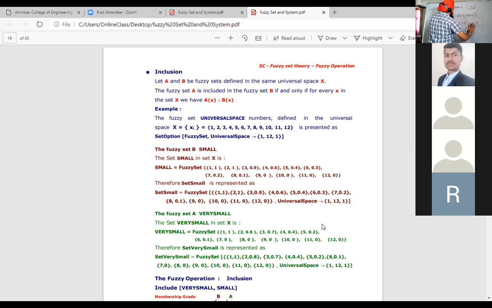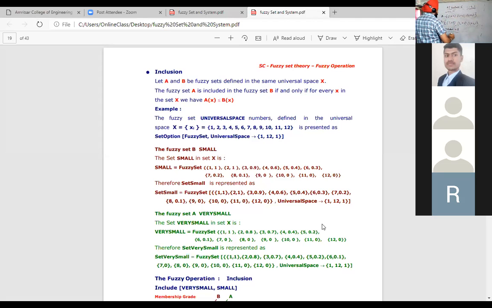Suppose यहाँ पे 3 का it would have been 0.1. Then here it is 0.4. Now this is not included. Now set A is not included. Due to this it is included, due to this it is included. But 0.4 is not less than 0.1. Therefore A is not included. In second case A is not included. So it is clear, if the degree of membership of all the elements of A is less than the degree of membership of corresponding elements in B, then we say A is included in B.